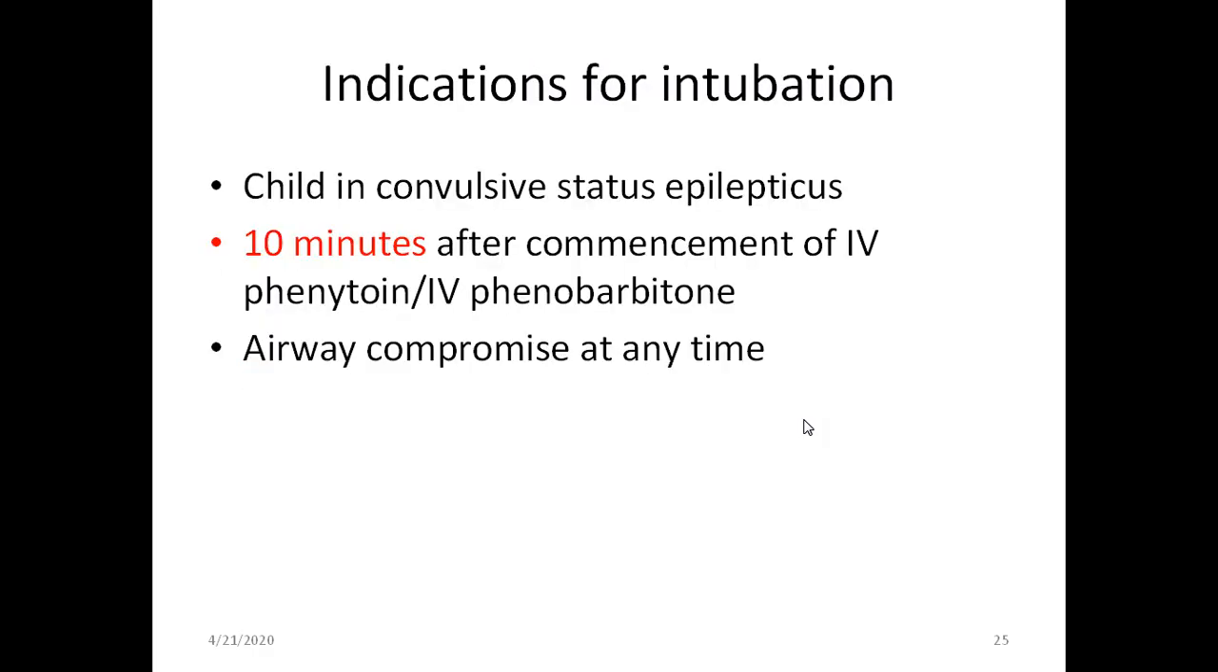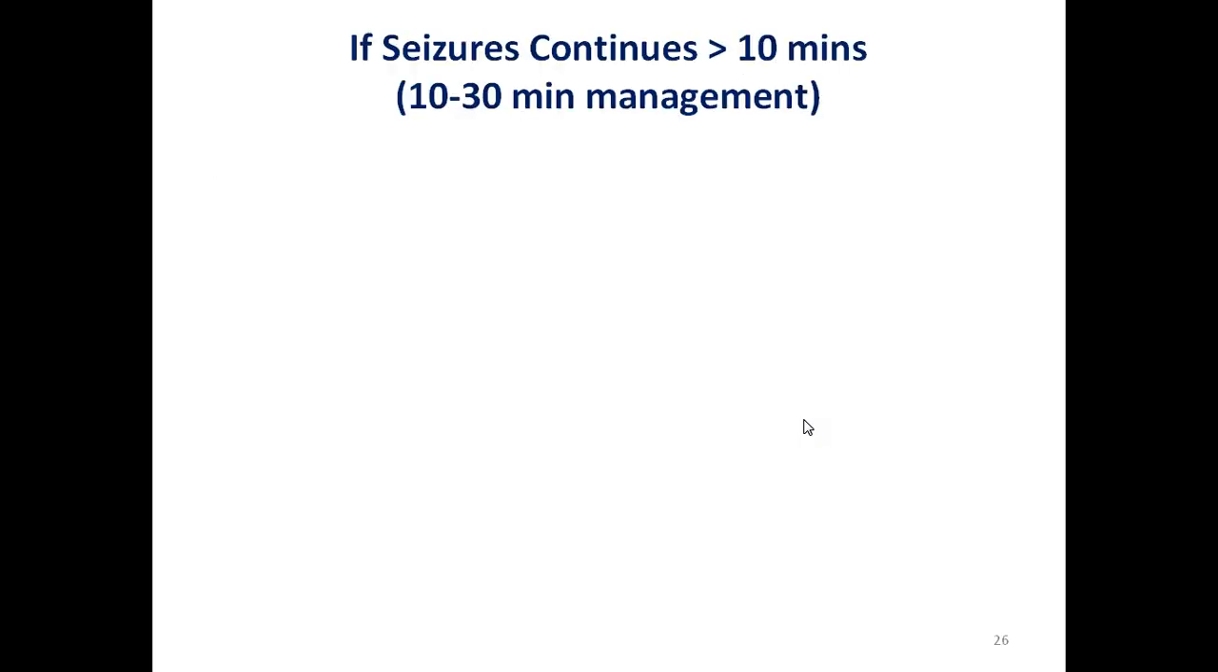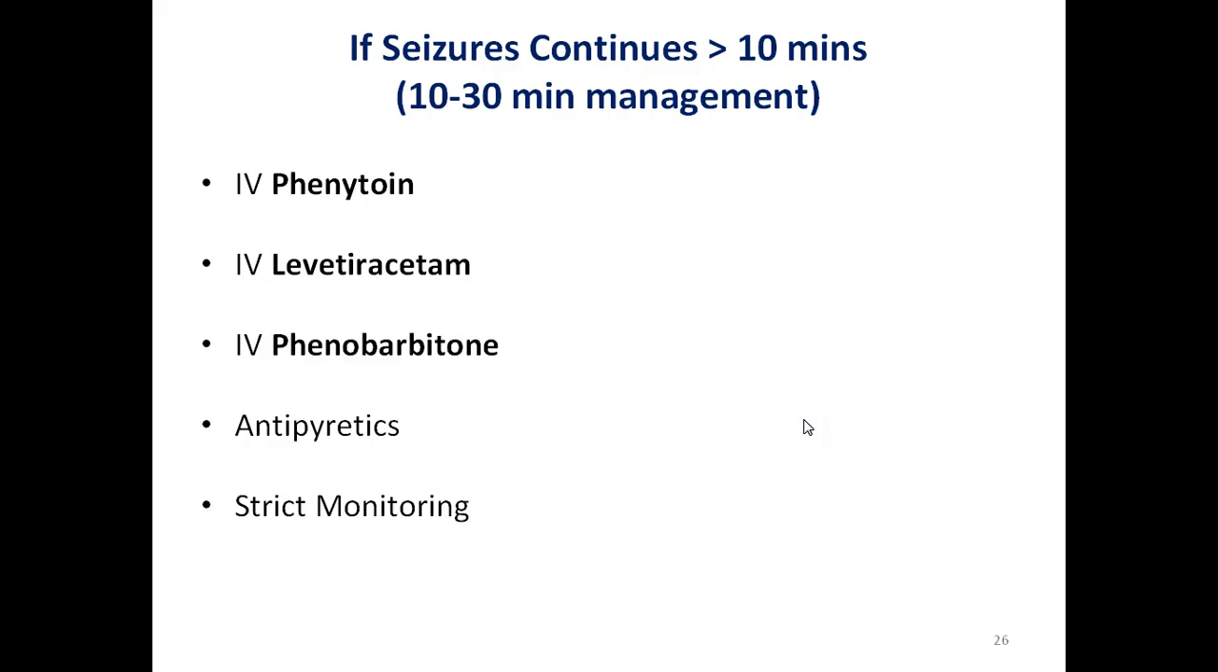So if a child has convulsive status epilepticus, it is recommended, after the start of urgent medication and beyond 10 minutes, that intubation can be done earlier if there is a clinical indicator of hypoxia, right? So if seizures continue more than 30 minutes, one gives emergent medication to stop the seizure, and then one starts